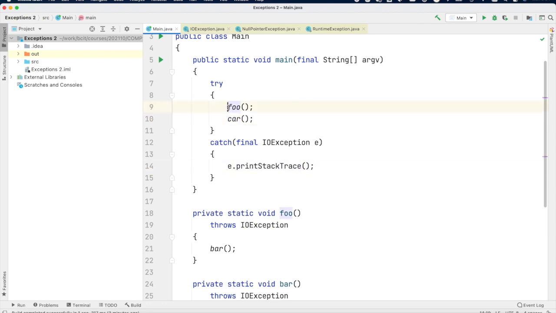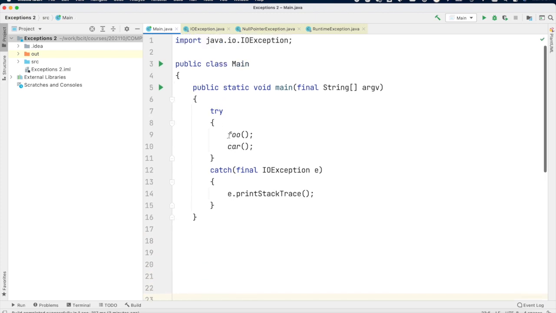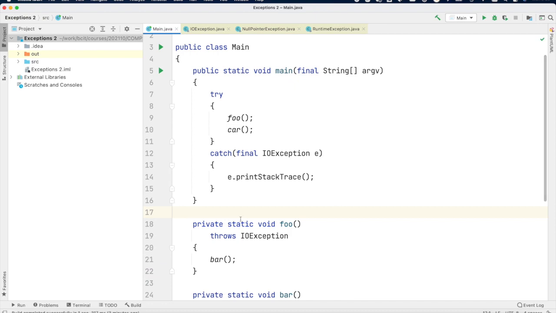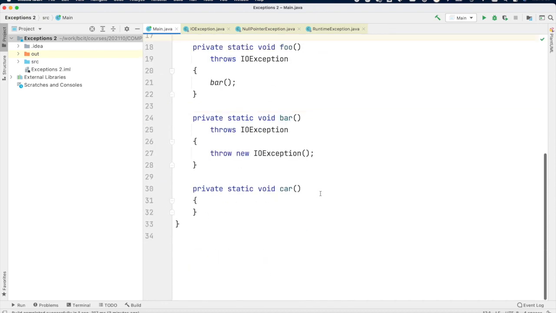We don't know which of these methods is going to throw the exception. If I just see this code, all I can tell you is that foo or car throws IO exception or a child of IO exception. That's all I can tell you. I have to actually go look at the methods, and I see that foo throws IO exception, and car throws nothing. If, however, we're going to say that car throws